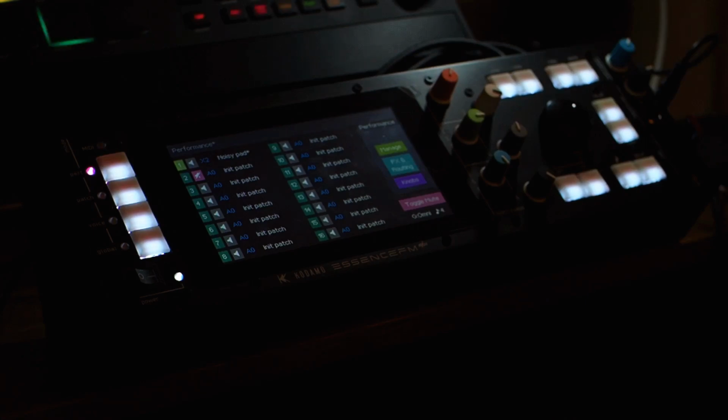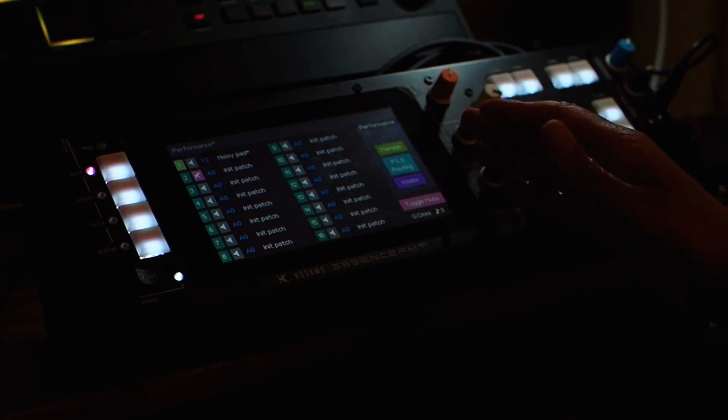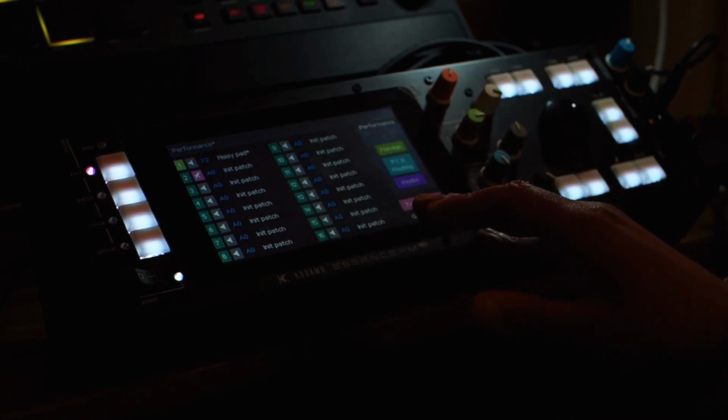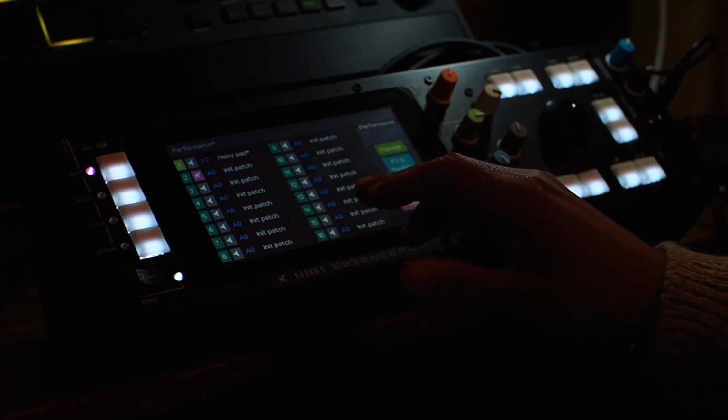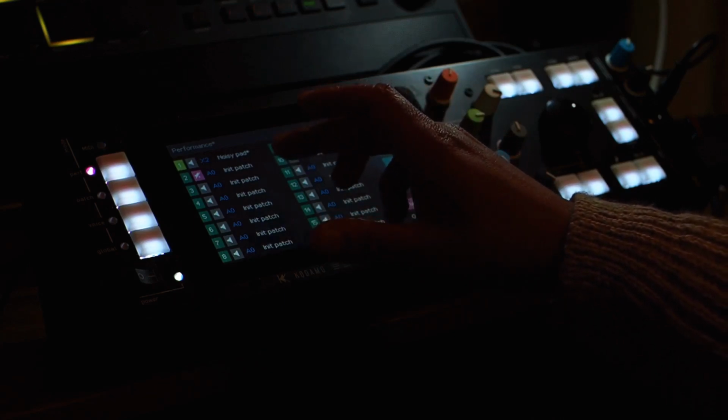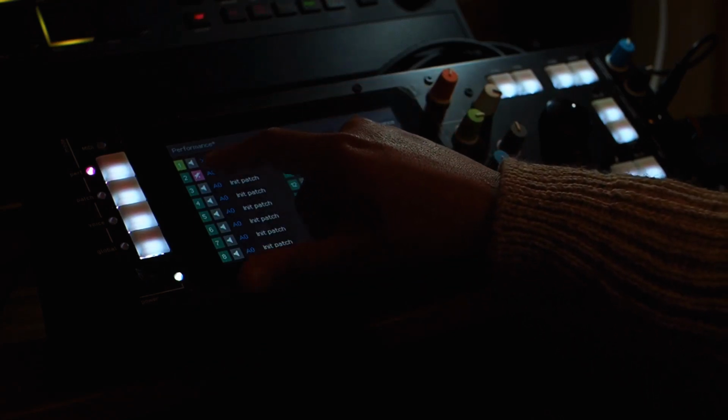Okay, welcome back everybody. My camera unfortunately stopped working momentarily, so I lost a bit of what I'd done, but let's start now from the performance level again. We finished the noisy pad channel 1. We're going to now make the kind of looping envelope sound on channel 2. So I'm going to unmute channel 2,